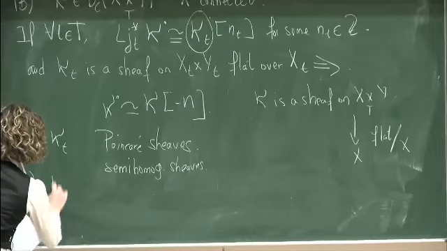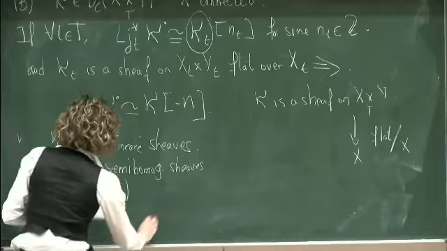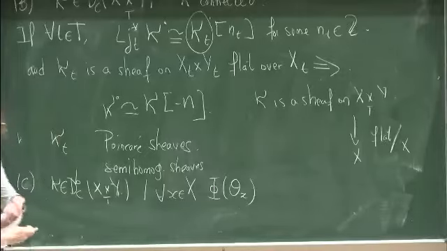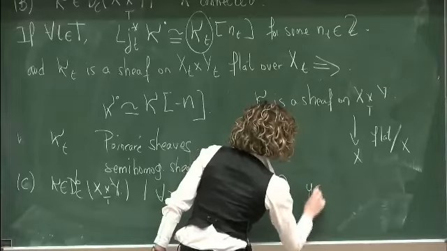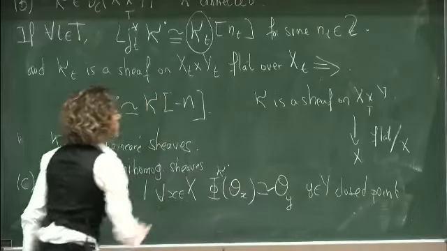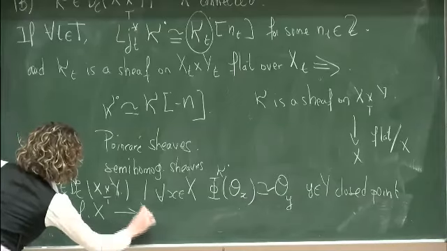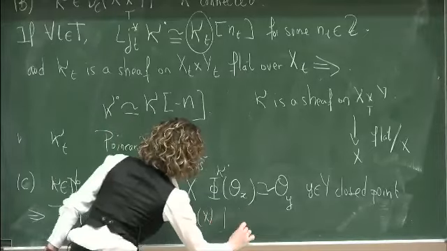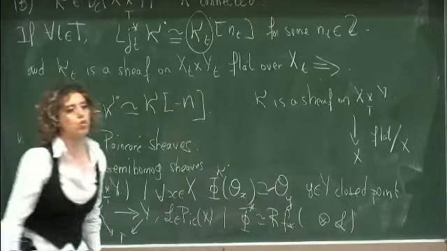It tells you that if you have K in here, such that for any closed point, the skyscraper sheaf goes to the structure sheaf of another closed point, so the kernel of this functor is trivial, I mean, the functor is trivial, then there exists a morphism from here to here, relative over S, and a line bundle on X, such that your functor is just this one. So it's a characterization of when a functor is